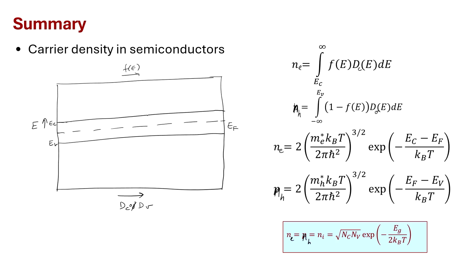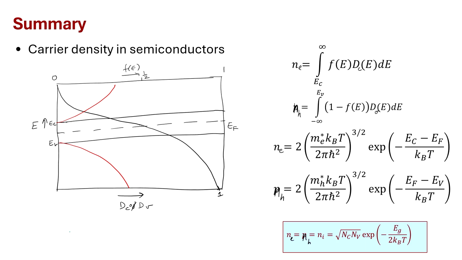We can first plot, if this is 0, this is 1, and this is half, the Fermi function will go like this. And then we can plot the density of states. Density of states will change like this, in this fashion on both sides,